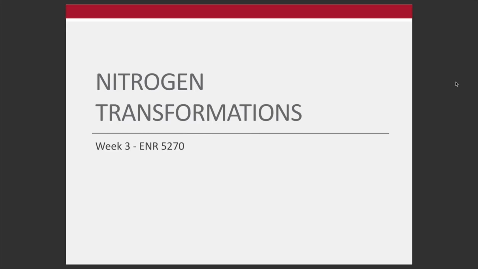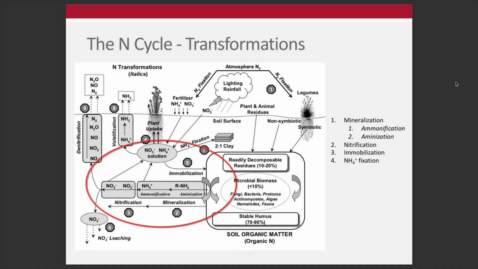Now that we've talked about nitrogen sources and additions, it's time to shift focus to nitrogen transformations. And transformations are literally as they sound, again, thinking about this box that we are assuming is our soil system. Transformations are forms of nitrogen that essentially change form or change the state of existence in the soil itself, okay? And so in our pictorial nitrogen cycle, we're going to really talk about just a few of these: